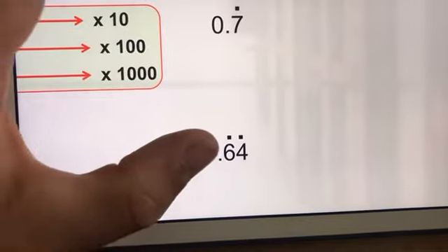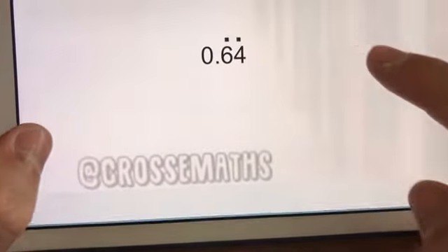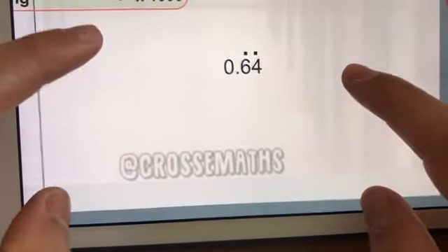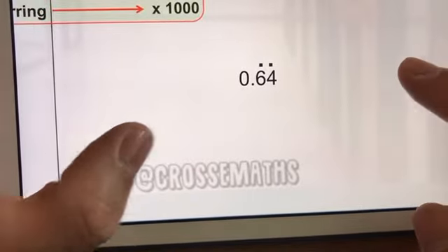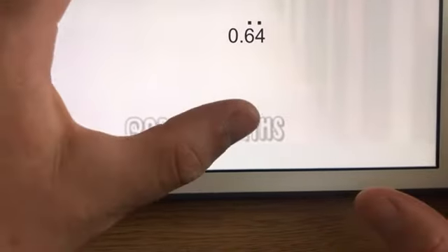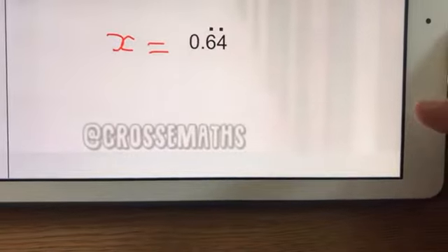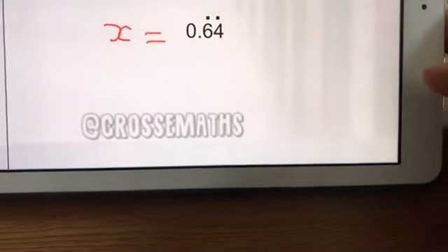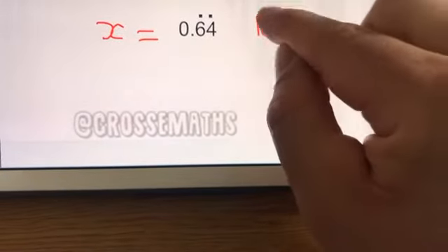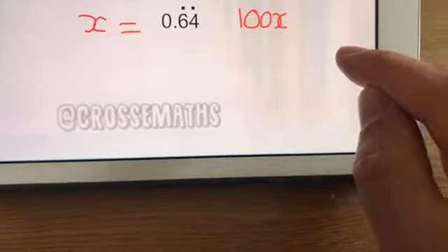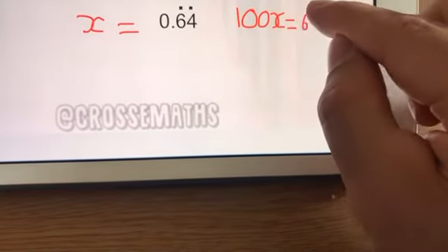Same thing underneath, okay? I'm going to do the same thing again, but I'm going to zoom right in just because we can see it a little bit better and it'll look a little bit neater. So I got x equals 0.64 recurring. Again, 2 digits after the decimal point, so we're going to times by 100. So 100x equals 64